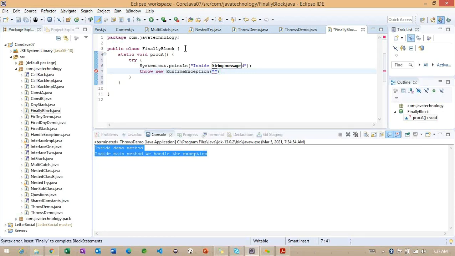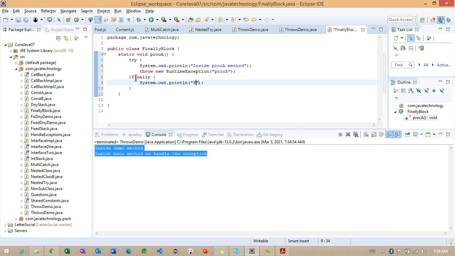I simply want to specify the message name. After this, I'm not going to handle any catch block. Directly I'm handling the finally block here. Inside this particular finally block, I want to specify one message here.